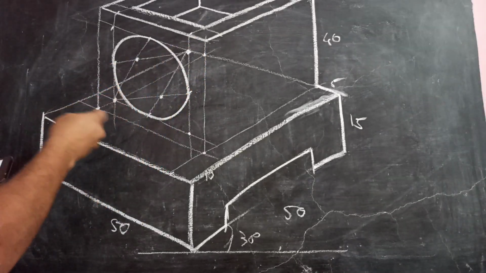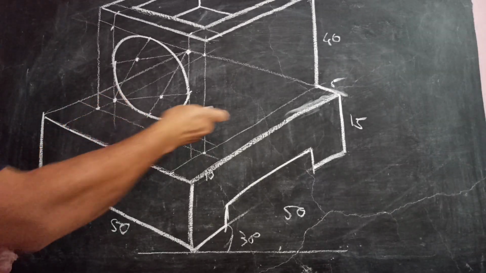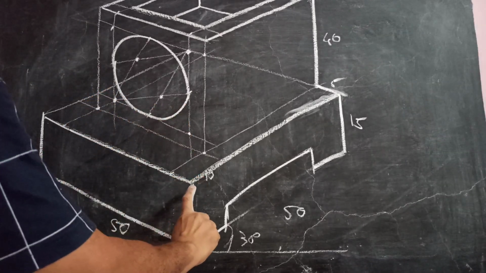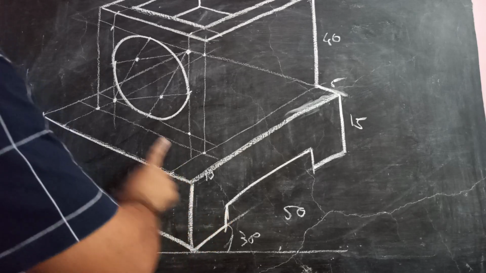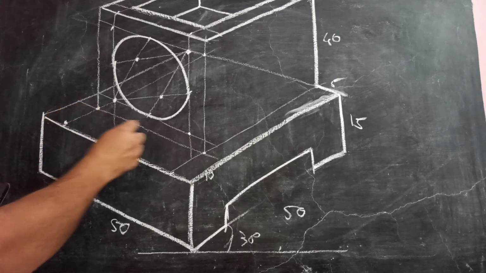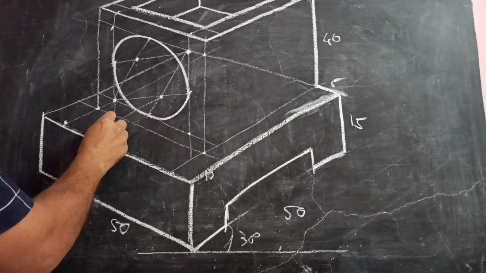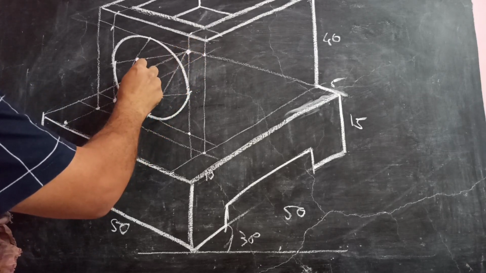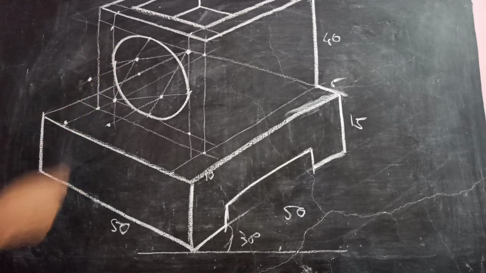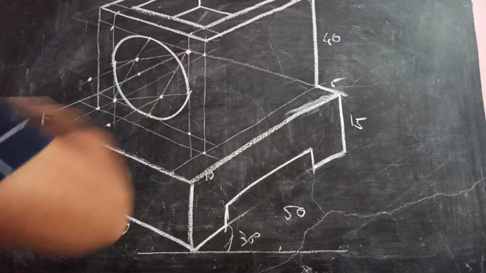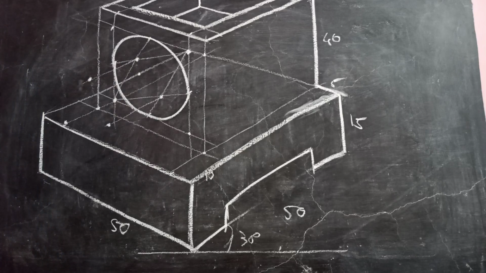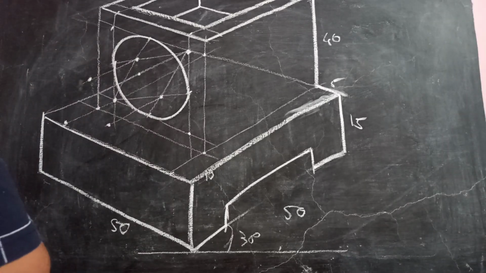So all these 4 centers are to be brought parallel to this, all by 20 mm. So you can take the 20 from here. So you can mark these centers as 20, then this is 20, then this is somewhere else 20, and this one is 20. So all these 4 centers are to be brought parallel to this one by 20 mm, and you can take the same radius.